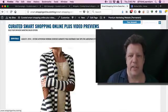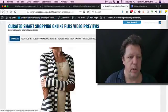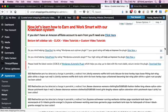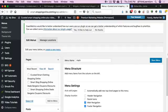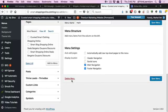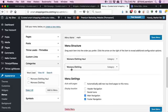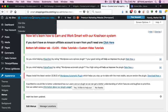Now let's add some navigation here. Let me show you how simple that is to do. So under here we're going to go to menus. Okay, now we don't have a menu, so we can simply create a menu very simply. I come down here and I'm just going to call that main menu. Actually, we have a menu, but there's nothing inside the menu. So based on these choices, we're going to take our categories. We're going to select all our categories and add it to the menu. Now if you want to do this alphabetically, then technically women's clothing should be above. And I hit save. Okay, so now when I go to the front page again, so here's the shopping experience